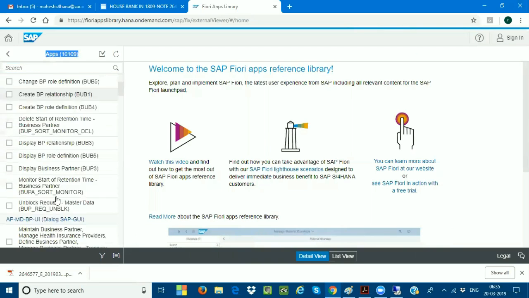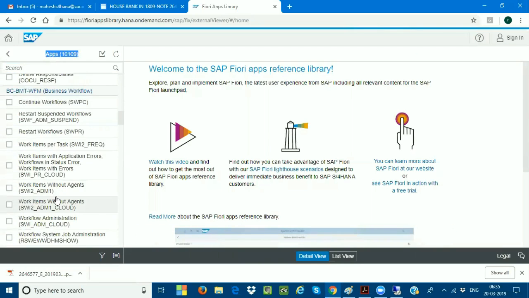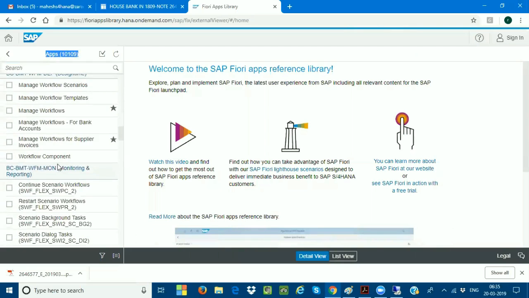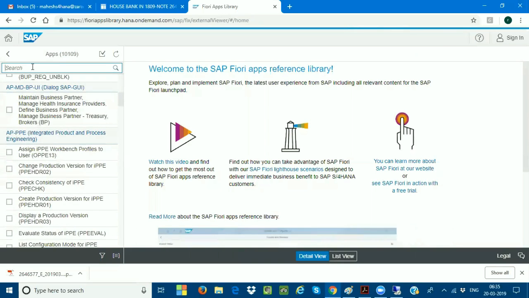Now, for example, I want to look for an app to be installed. I'll just look for this app, manage, M-A-N-A-G-E, manage bank.